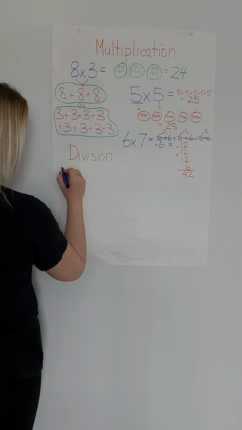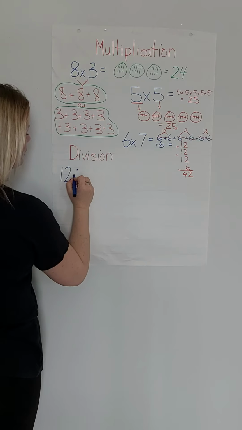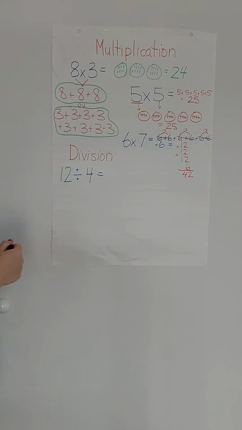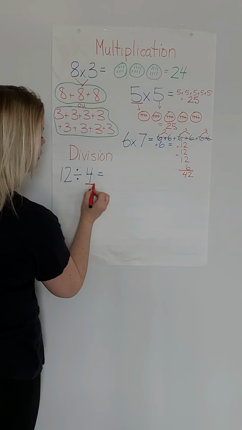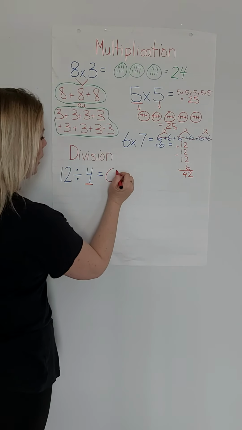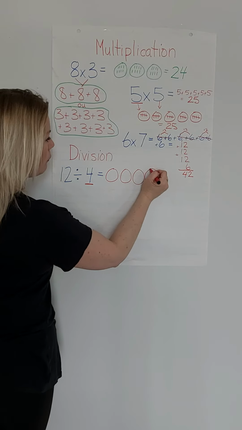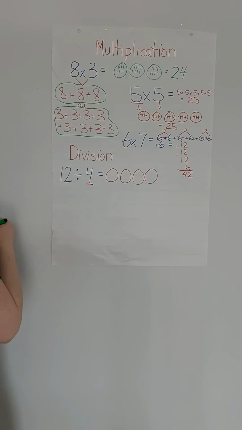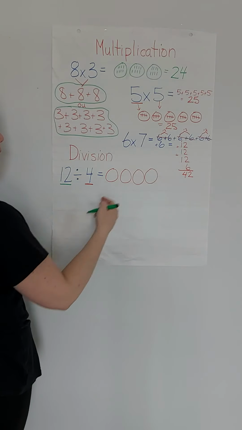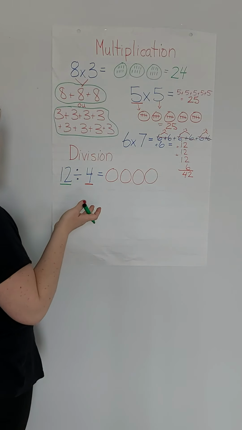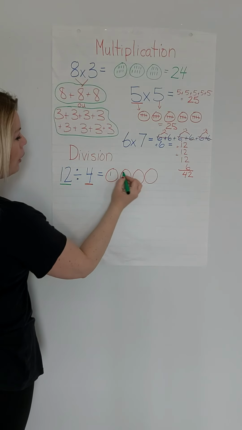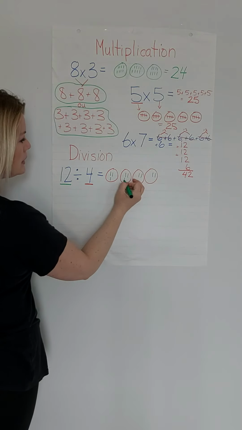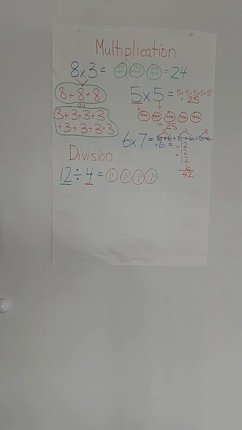So let's say division. Let's say 12 divided by 4, okay? Just for easy peasiness. 12 divided by 4. We're going to look at the smaller number. That's how many groups you're going to make. 1, 2, 3, 4. Then you look at the bigger number, 12. That's how many you're going to divide out. You're going to put a tick in each one until you get to 12. That's just one way of doing it, okay? 1, 2, 3, 4, 5, 6, 7, 8, 9, 10, 11, 12. So there, I divided it.